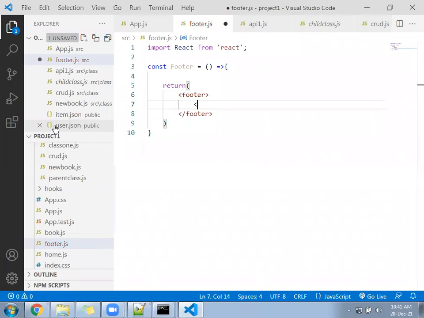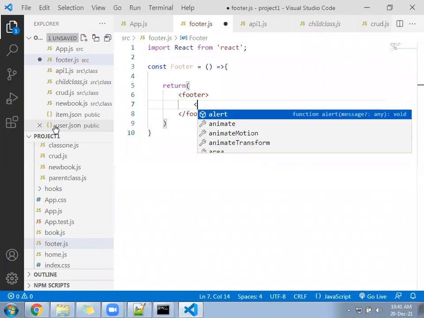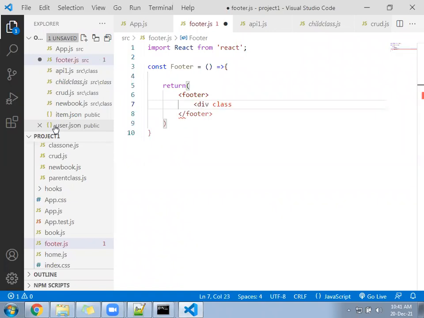Inside the footer, again you can follow the division. You don't need a class name under the footer.